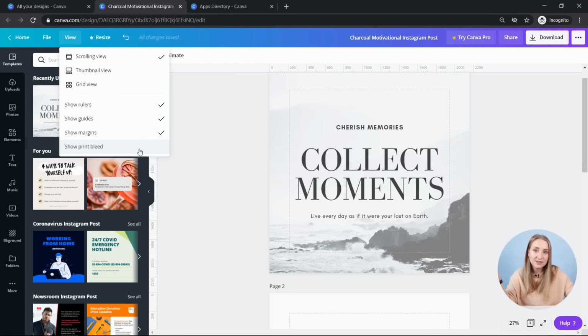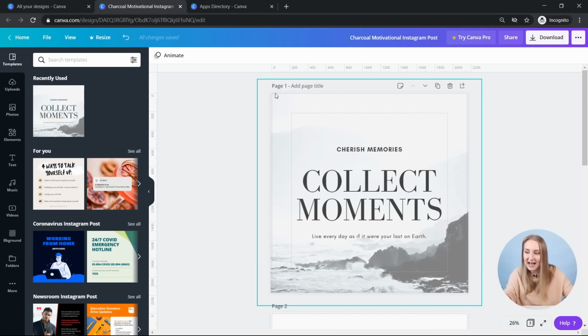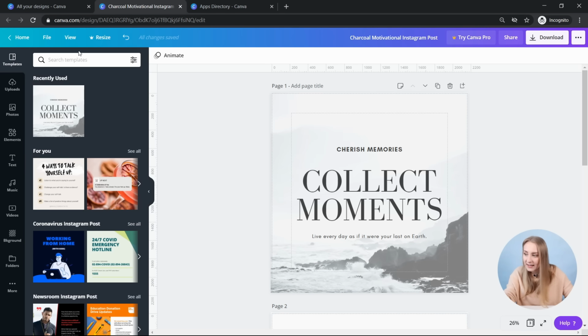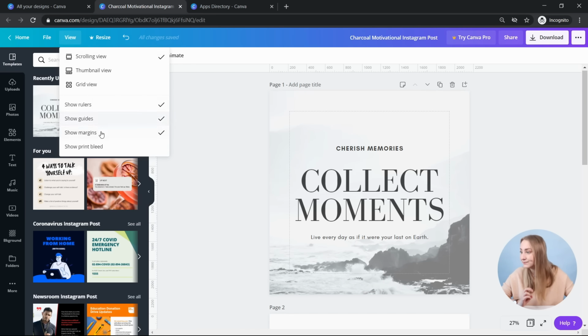So for any materials that you want to print, you want to have bleed, which means that when you have a poster designed and it goes to printing, usually any printing companies will require for you to have that bleed, which means, for example, in this collect moments design, you can see that this photo, when I clicked on the bleed to show the bleed, extends beyond the borders, which means that if you send that design to someone for printing, it doesn't get cut off. So it's like a safe area, so you don't have any white spaces or anything like that within your print. So it's very, very important when you're creating any kind of printing collateral.